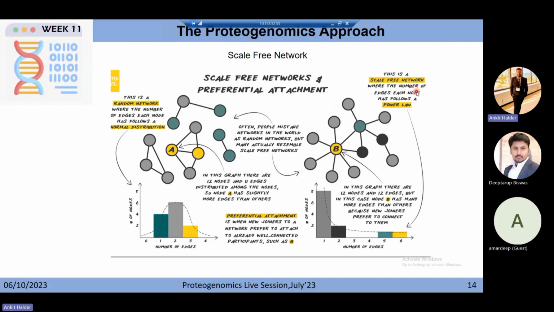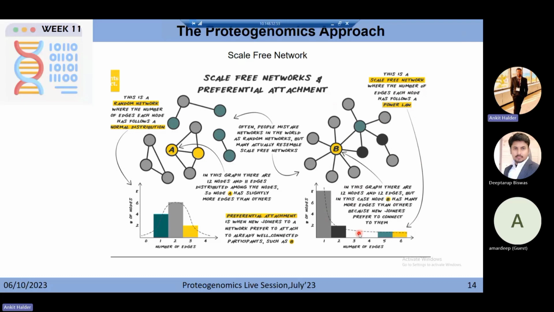So in the case of a random network, the number of edges follows a normal distribution. But in the scale free network, it is following a power law. So what is power law? In the power law, it is stating that in this graph there are 12 nodes and 12 edges. There are in fact theories and concepts related to how many edges are there,